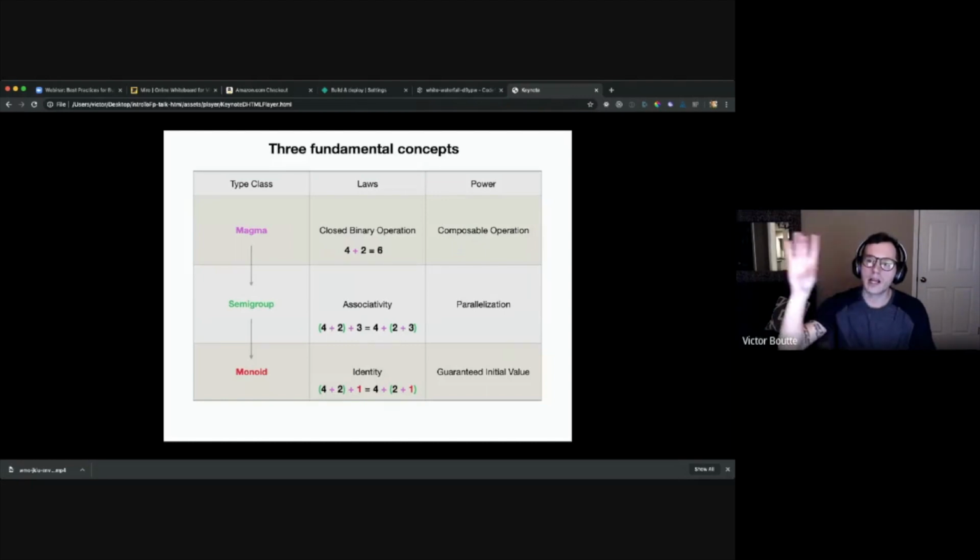So we're going to start at the top with a magma and say that it's a closed binary operation, meaning that given two types, when you combine them, the yielded result is of the same type. So if you combine two strings, the result of that combination is going to be another string. If you combine numbers, like the example here, 4 plus 2, it's going to yield 6, which is the same type of number. And the power that unlocks is composition; you can use this throughout the app. You can take out chunks and compose them with one another,